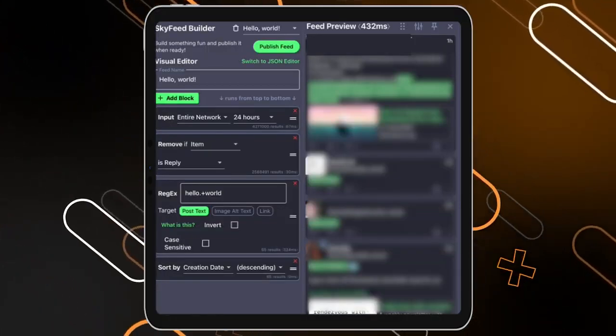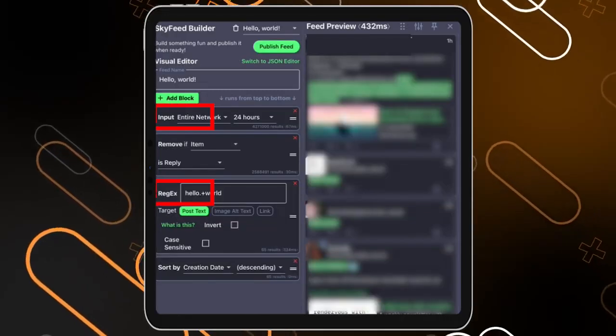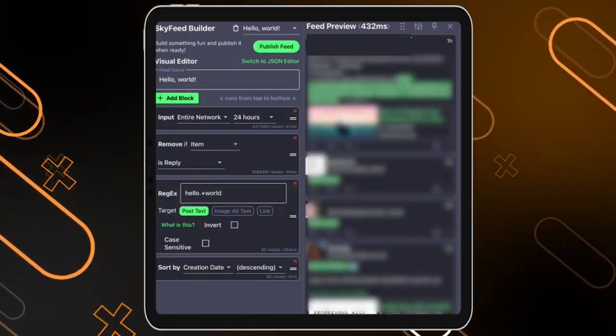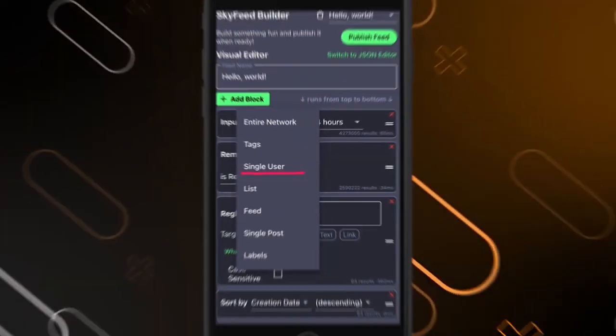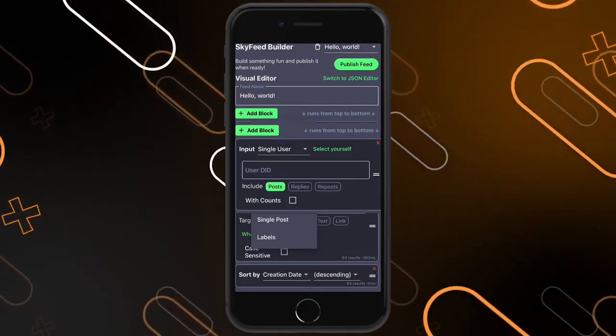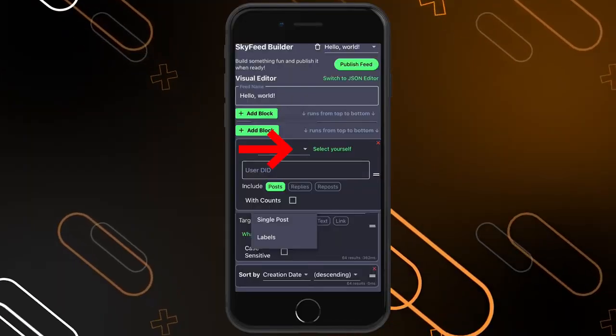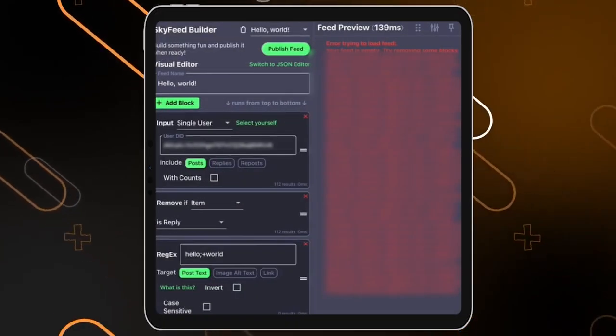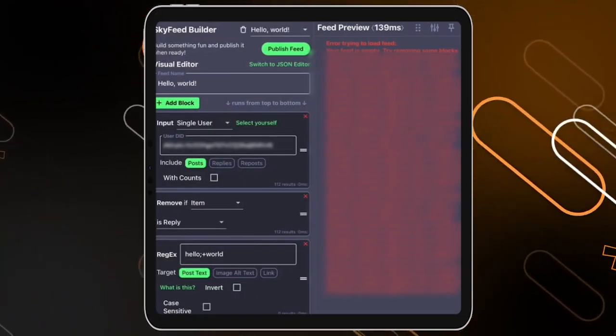And now here, as you can see, you have these options, input and regex. You can simply click on input, click on entire network, then you'll have to choose single user. Once you click on it, it will show you this box right here, user DID. Just click on select yourself, and once it enters your DID, it will show you these errors on the right